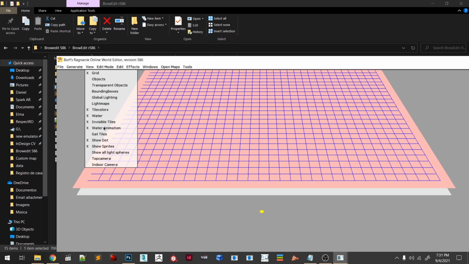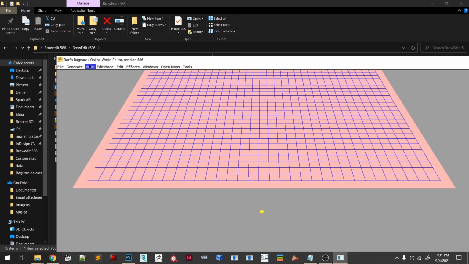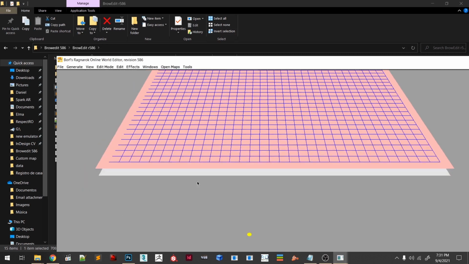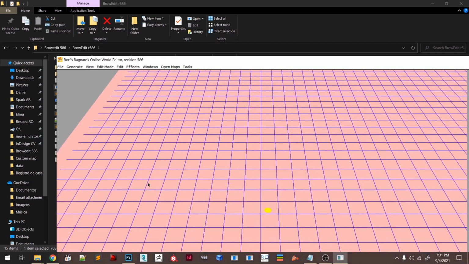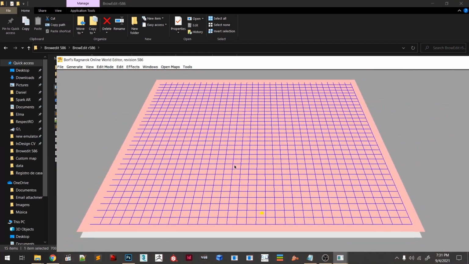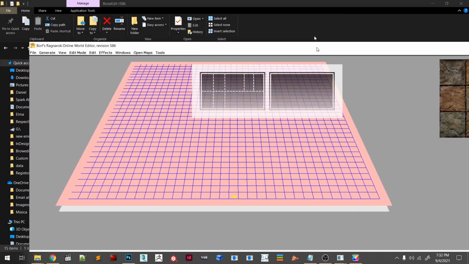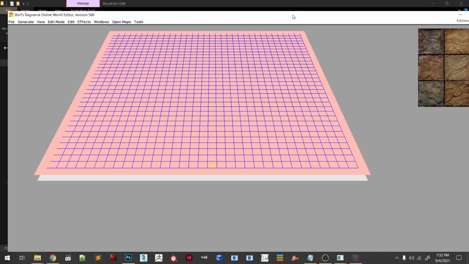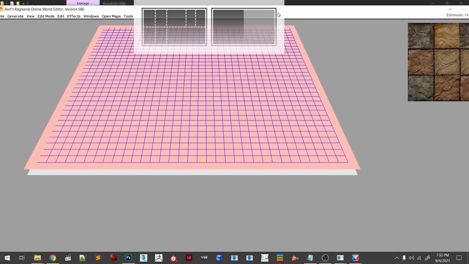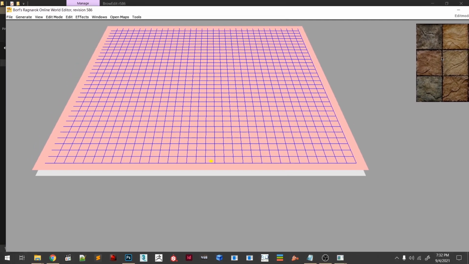So now I can go here, view water. Interesting. The water turned out a little bit weird, but yeah, let's test the texture we just created. So I press T and I go to costume, and here's the texture. I click once on the texture and you will be able to see it right in the corner here.